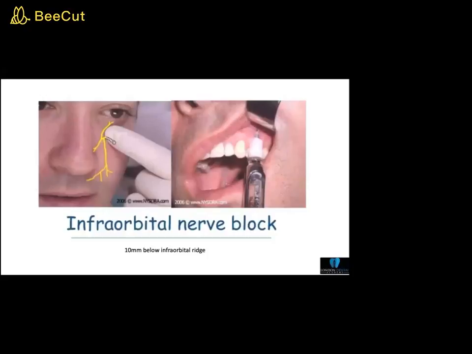Nerve blocks. So the infraorbital block for the anterior maxilla is very useful. Obviously, it's a very high block because you can see where the glove is on the left-hand side. It's 10 millimeters below the orbit rim. That's where the nerve foramen is. So it's quite a high block, but it has a very good success rate,